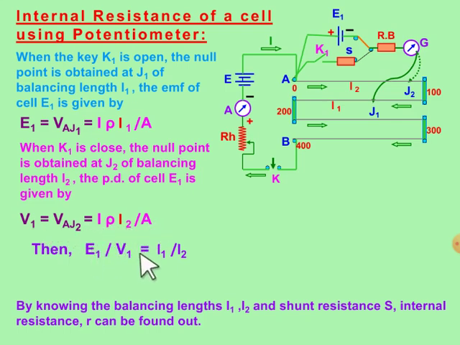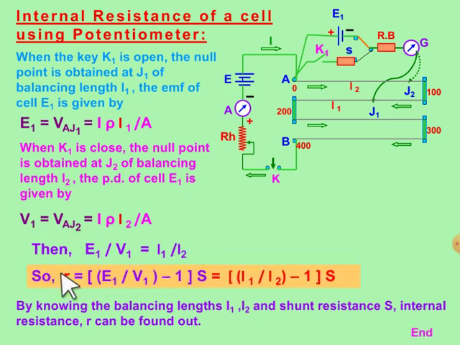So E1 by V1 will be equal to L1 by L2. In the next equation, if you put that formula, R is equal to E1 by V1 minus 1, all into the external resistance,